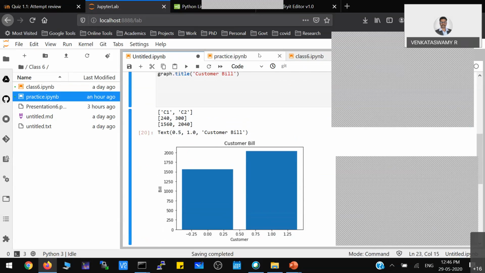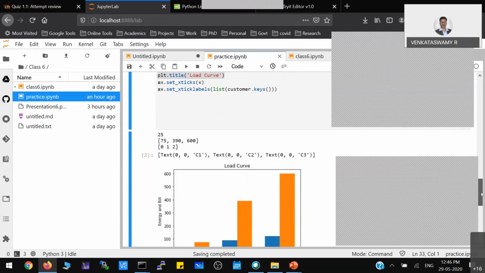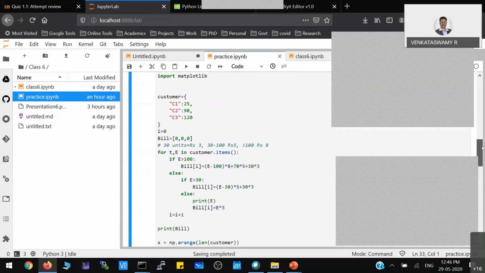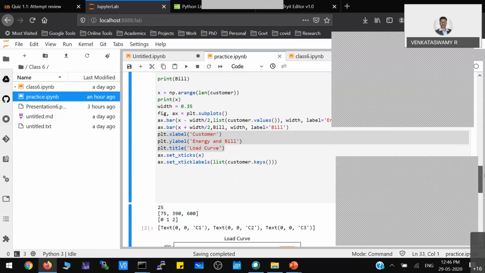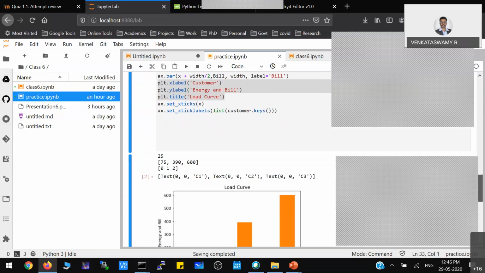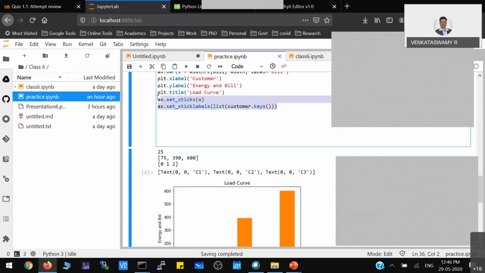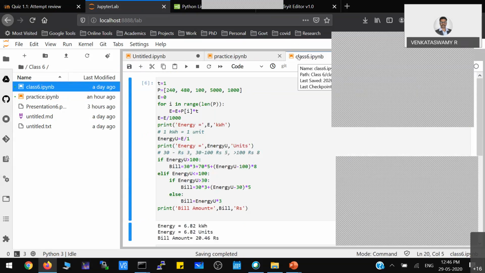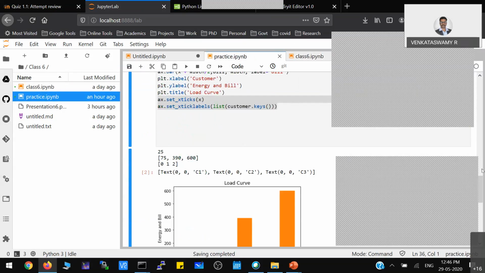Now I'll show you one program that I have written, the same code with three customers. I calculated the energy bill, same program, but the only thing is I customized the x-axis, because you can see the x-axis is printing some scale values. If I don't want to print the scale values, you can simply customize your x-axis.